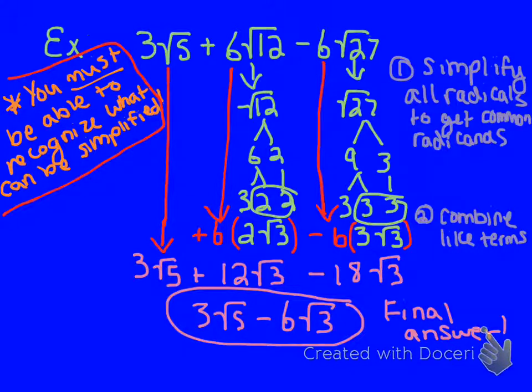I look at the next one and I see 6 square root 12, and in my mind I think, bam, square root of 12 can be simplified, so I got to simplify it. So I break it down, 12 to 6 times 2, keep going, and I end up with square root of 12 simplifying to be 2 square root 3. I look over at the next one, I see 27. Again, bam, it can be simplified down to 3 square root 3. So you'll see down here,